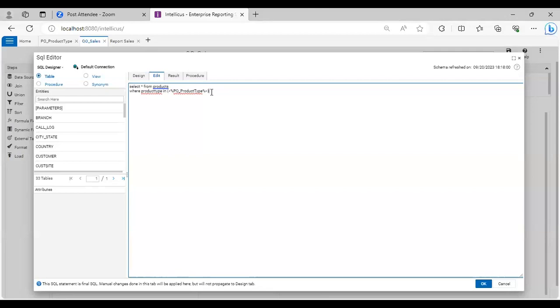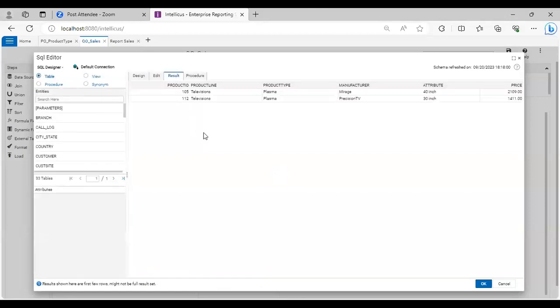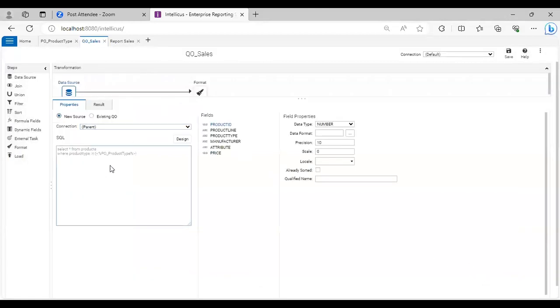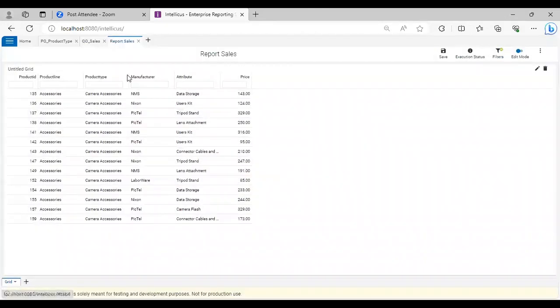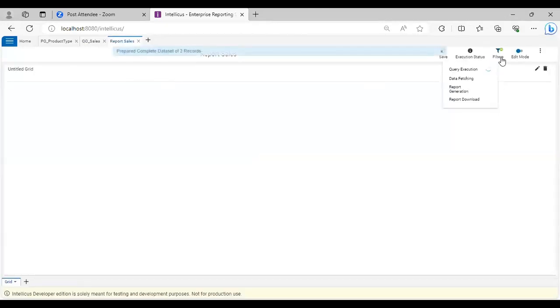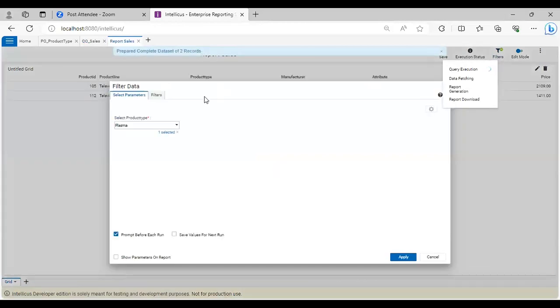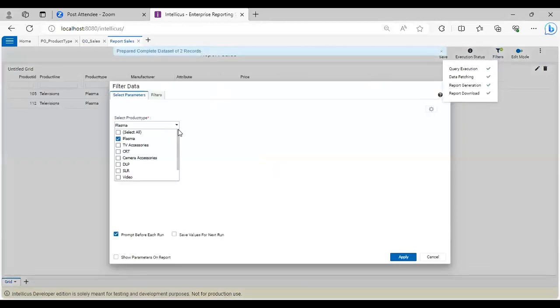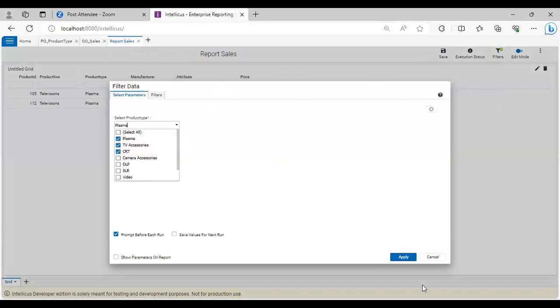Now you can select multiple values, and these values will be separated by commas and enclosed in a single quote. I can save this query object now. Now I can refresh this particular report. Now you can see this drop down is converted from single select to multi-select. Now I can select the multiple values